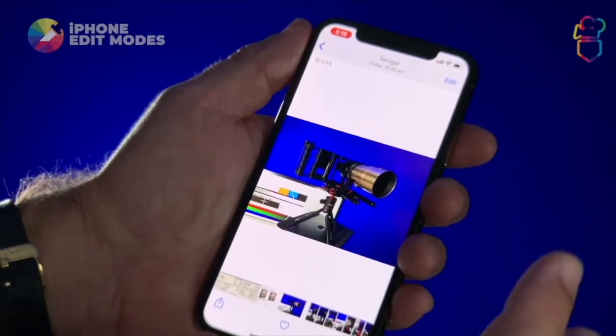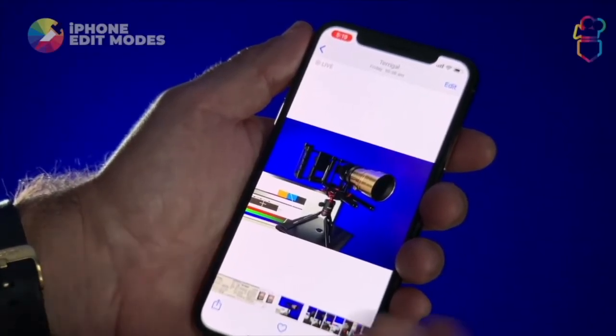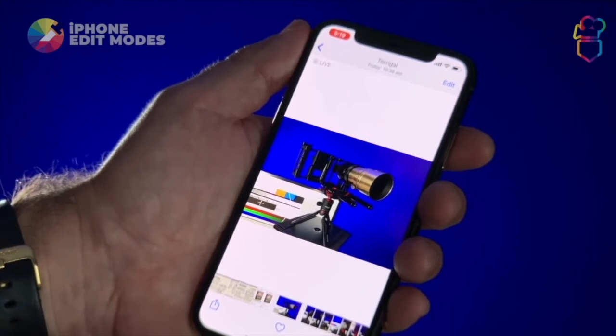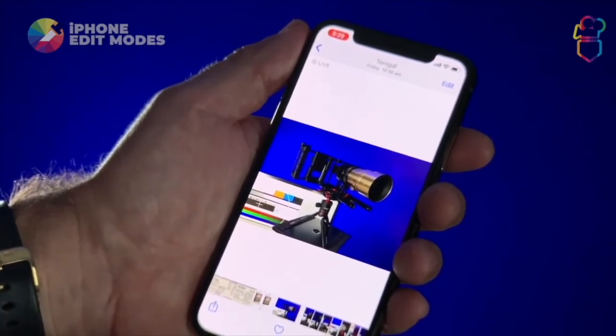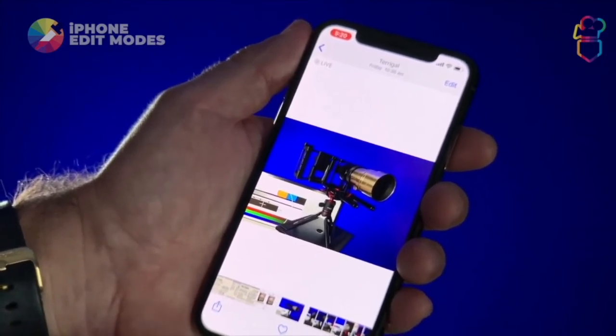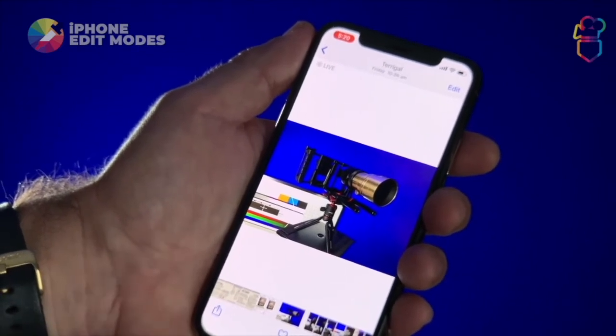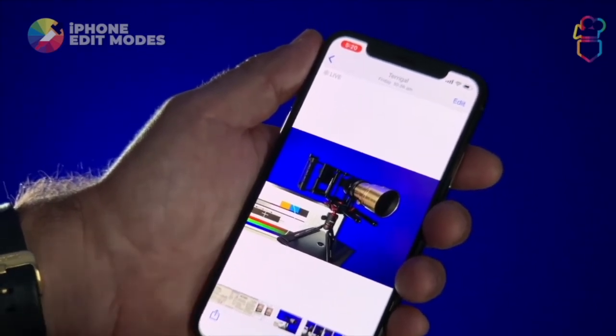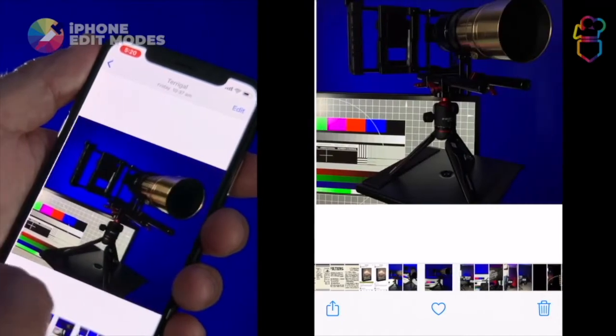Now some people elect to shoot with filters, other people like to add filters later in post-production. Now a lot of people don't know you can actually just shoot in normal mode and still add a filter of your choice digitally afterwards as a post-production thing. So if we go to, again, one of our video clips here,